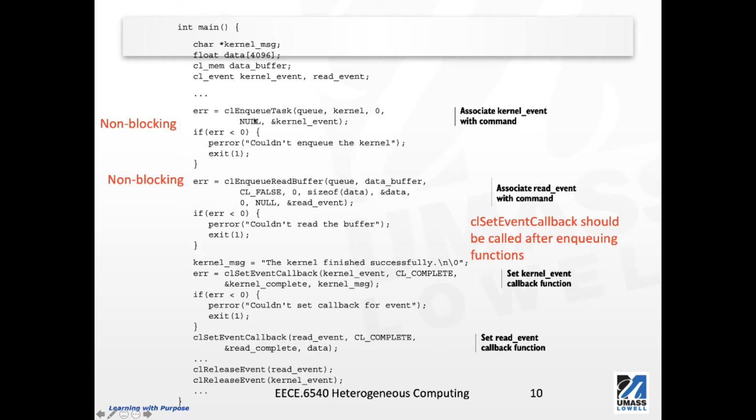First, we do CL enqueue task. This essentially creates a very simple kernel that executes only 1 work item, and it takes kernel argument as the last argument. So that associates this command with this kernel event. And this is non-blocking. So this CL enqueue task will proceed because we don't have to wait for any other